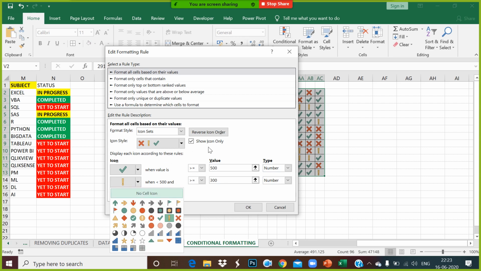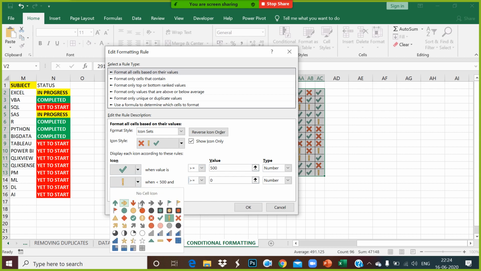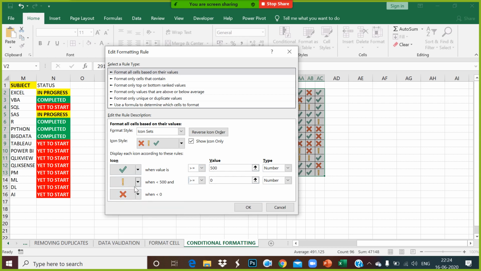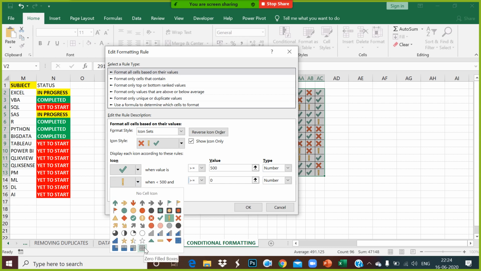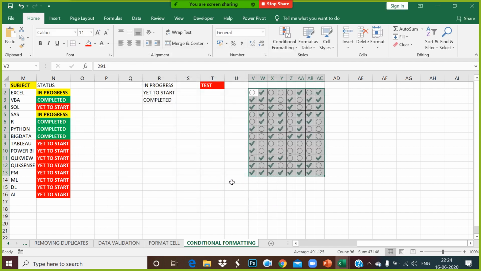So you select the value here: if it is greater than or equal to 0 and greater than or equal to 500. Now you can choose the value here as no cell icon. You can go for blank like this. Might be helpful. No cell icon.